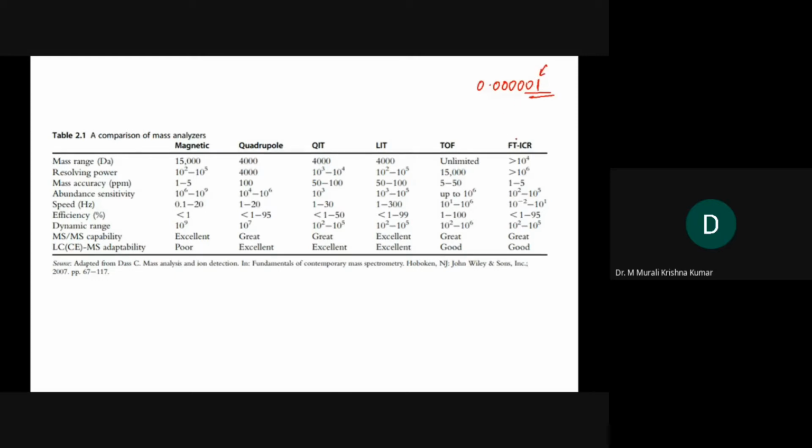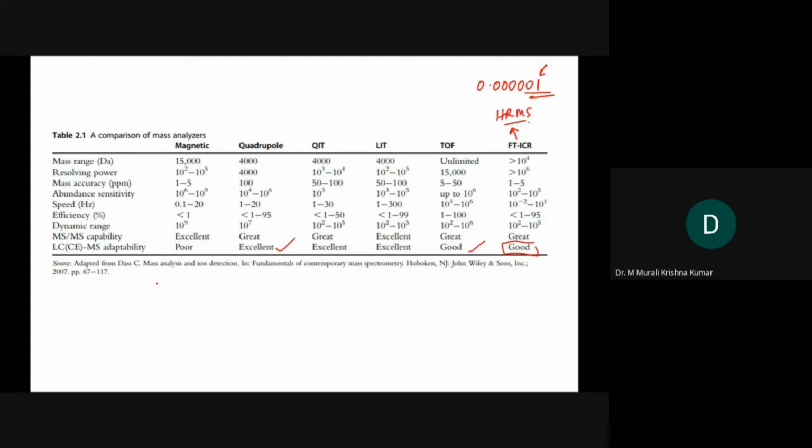So that's the reason why FTICR can provide you HRMS, high resolution mass spectrometer. LCMS can be connected to FTICR. Now we have LCMS that were connected to FTICR. For TOF and quadrupole, several instruments are available in the market. Okay, so friends, this is the way how we can compare.